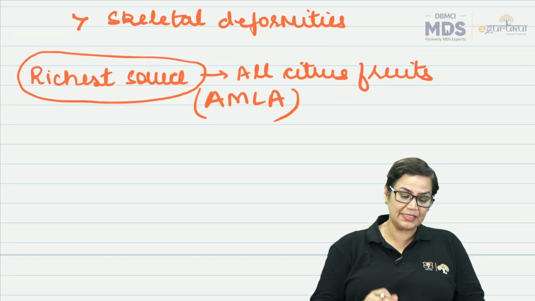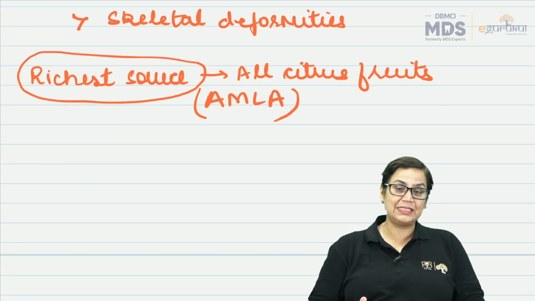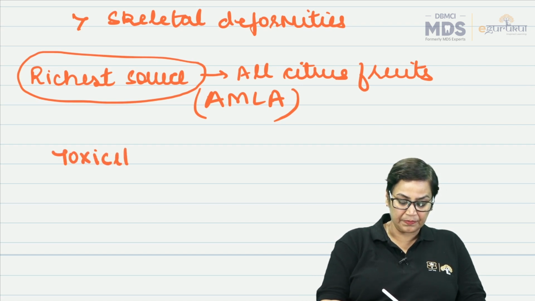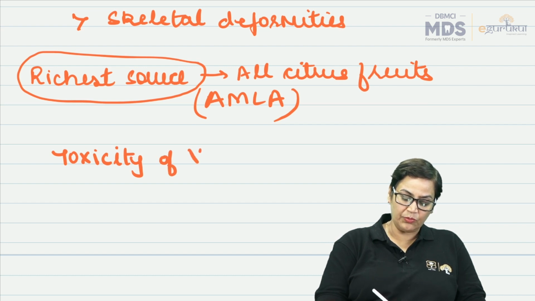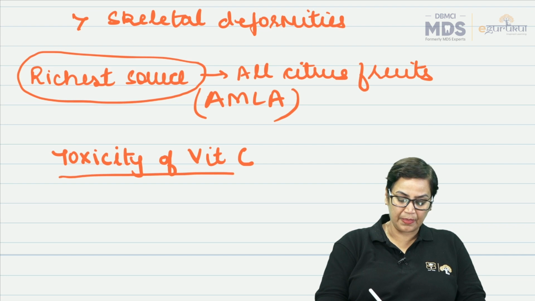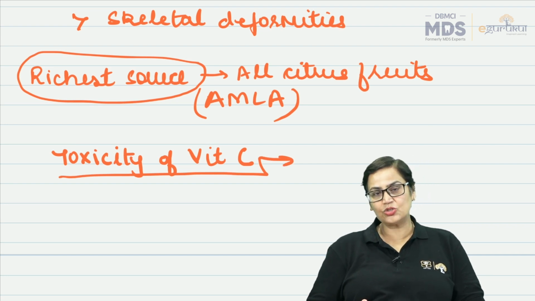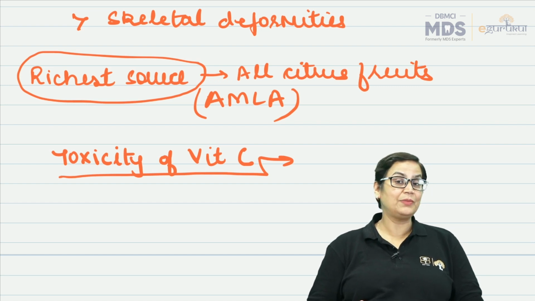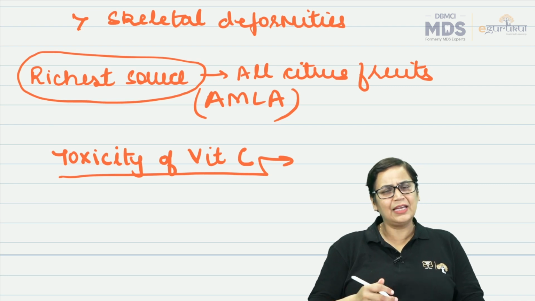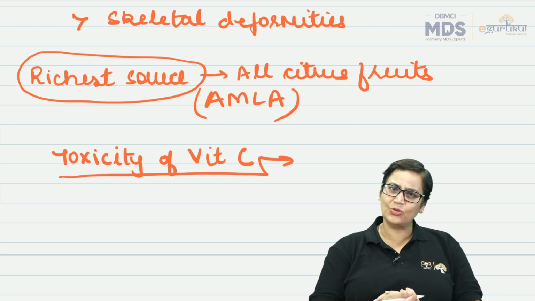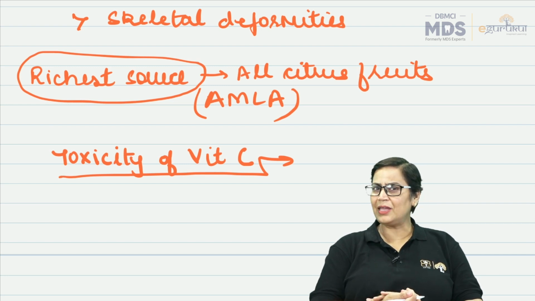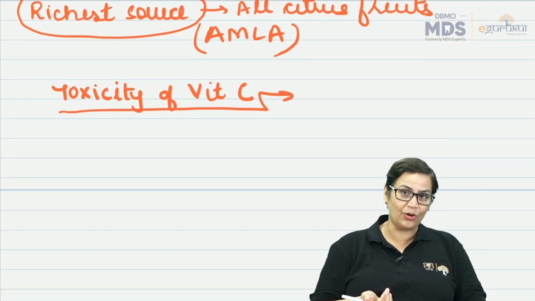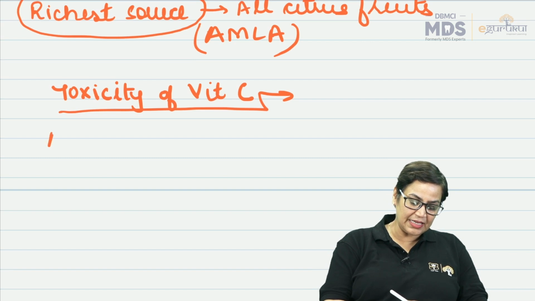Sometimes what happens is, if the concentration of vitamin C increases, or you can say toxicity of vitamin C, this is also known as hypervitaminosis. We didn't study this toxicity in the B complex vitamins because once their function is over, they are also excreted in urine. But vitamin C plays a very important role in hypervitaminosis, because if we increase the RDA of this, what happens is this ascorbic acid